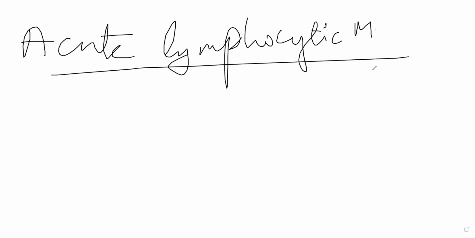It is also called aseptic meningitis because there is no sepsis per se. There's no bacterial infection. There is a viral infection in this. Okay? Common in children and in young adults. Now, there are a lot of viruses that can cause this. There is enterovirus, mumps virus, or it can be echovirus.